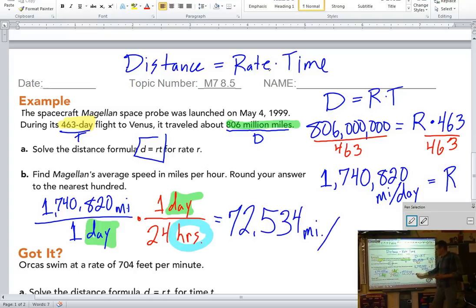72,534 miles per hour. So all you guys that guessed 2,000, 3,000, you were way off. Those are miles per hour if they were driving on the highway. So guys, take the speed that your parents probably drive on the highway, about 72 miles per hour. That's how fast your parents go on the highway, probably. Take the speed of your car and multiply it.